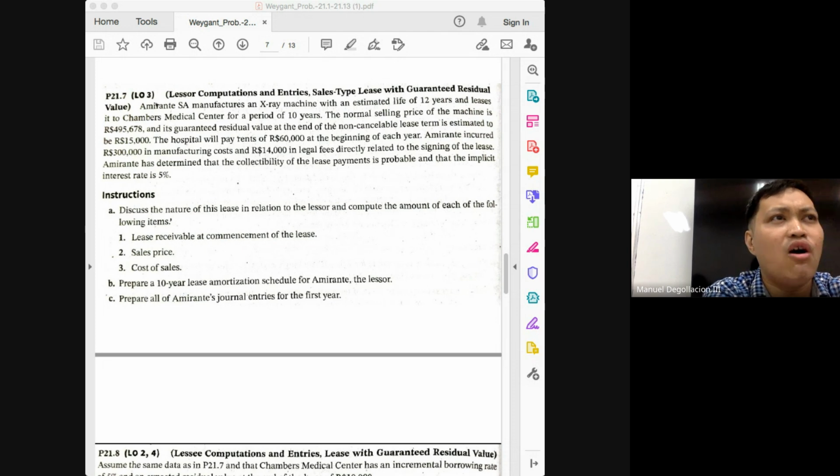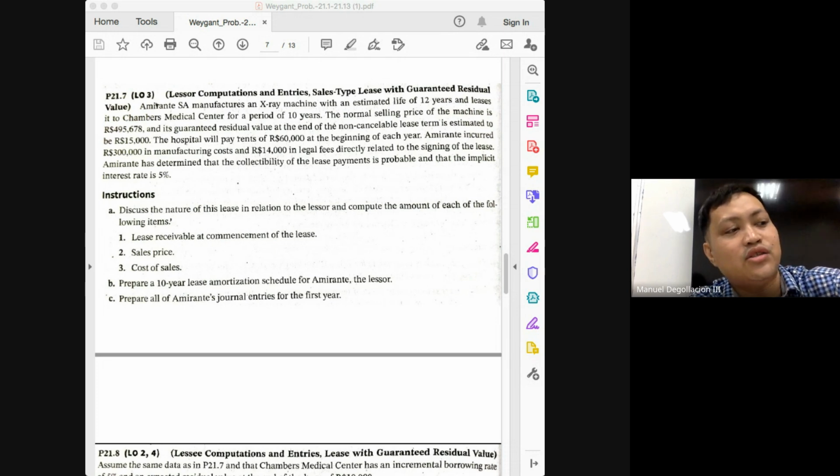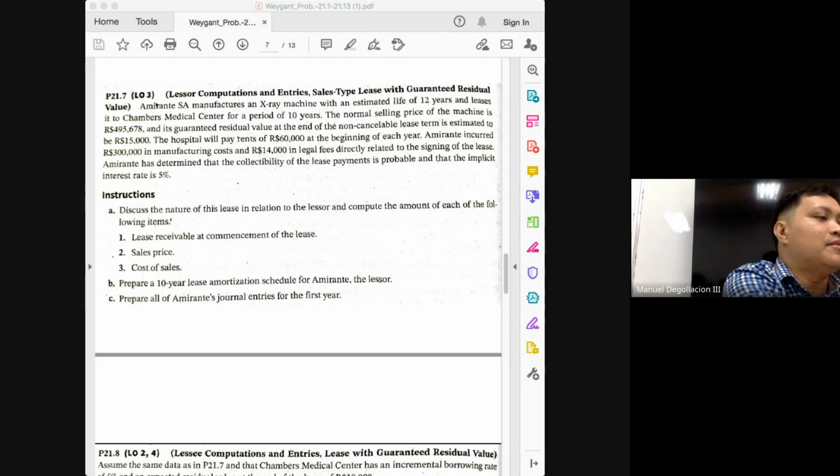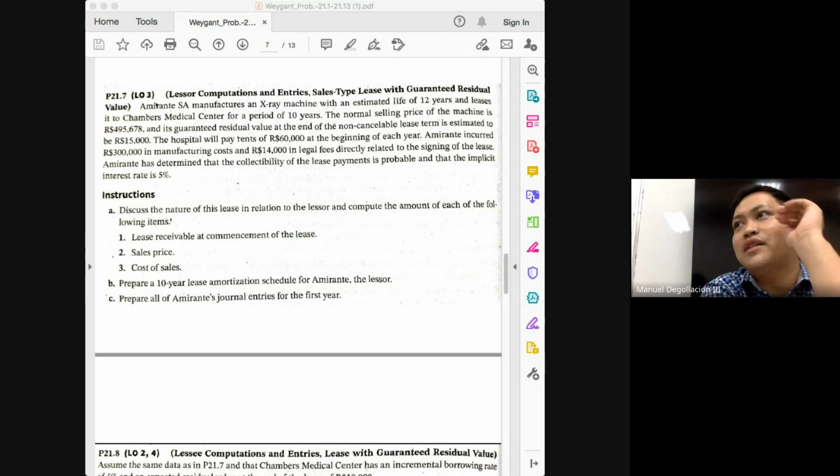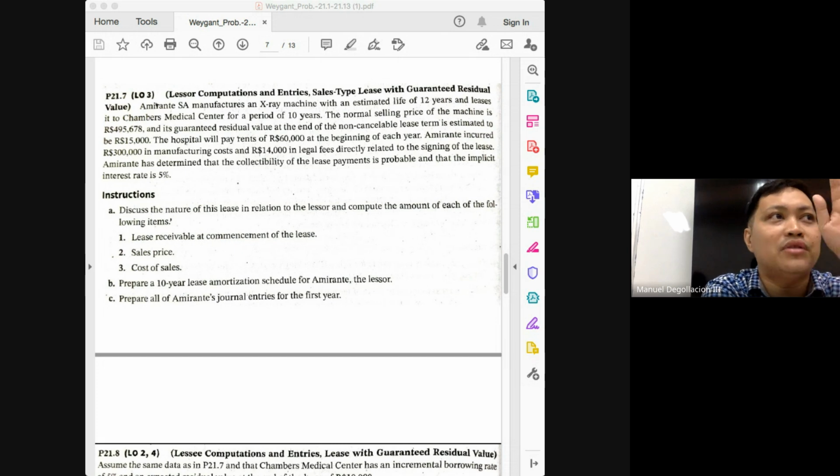Again, it's wrong to reduce your receivable with the amount of interest income that you will earn. Very wrong, class. An income should not cause a decrease to your asset, class. Go back to the definition of your asset. You have the definition of your income. You have an income if there's an increase in your asset or a decrease in your liability without any corresponding change to your other assets and liabilities. Okay?